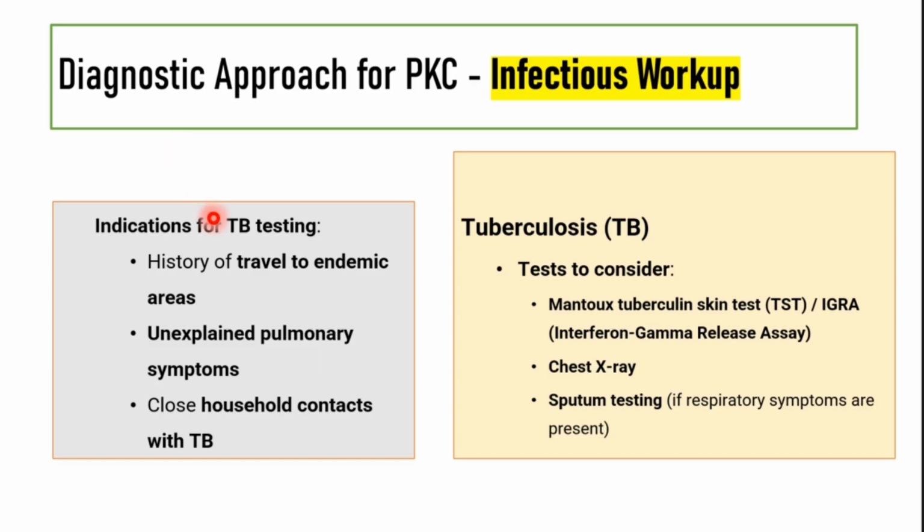So if we are suspecting tuberculosis, specifically in a patient with a history of travel to endemic areas, unexplained pulmonary symptoms, or with close household contacts with TB, the tests to be considered are the Mantoux test, chest X-ray, interferon gamma release assay, and sputum